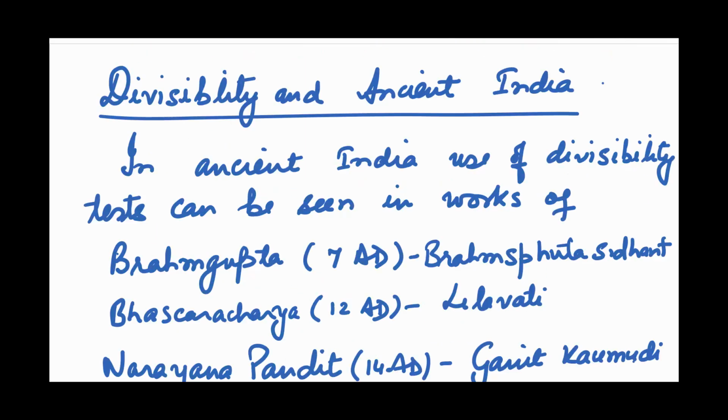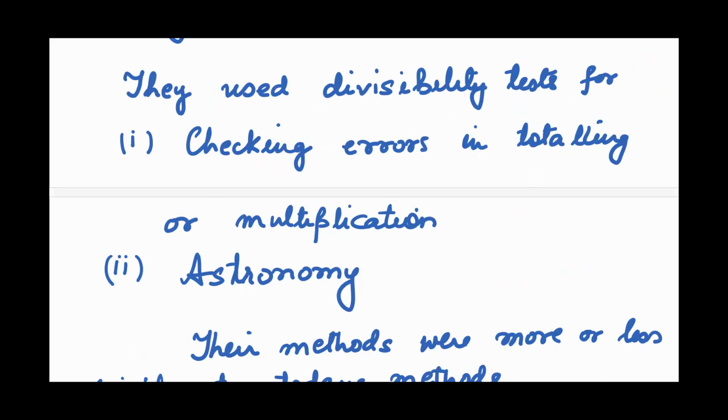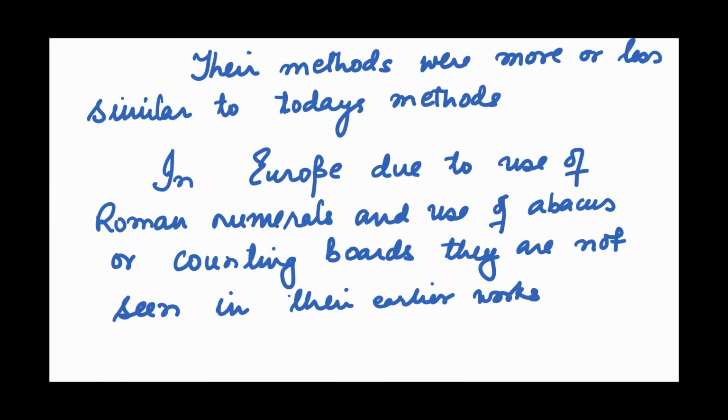Divisibility and ancient India. In ancient India, use of divisibility tests can be seen in the works of Brahmagupta, 7 AD, in his work Brahmasphuta Siddhanta, Bhaskaracharya, 12 AD, in his work Lilavati, and in Ganita Kaumudi by Narayana Pandit, 14 AD. They used divisibility tests for checking the errors in totaling or multiplication. In astronomy, their methods were more or less similar to today's methods. In Europe, due to the use of Roman numerals and use of abacus or counting boards, they are not seen